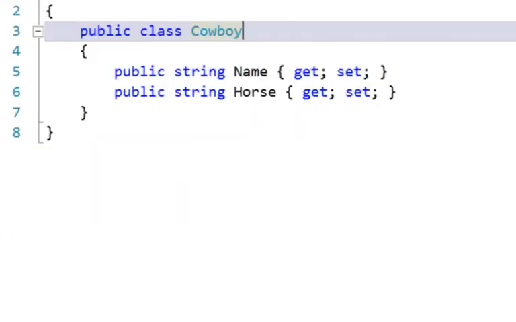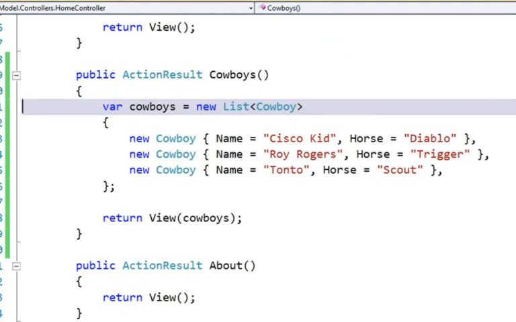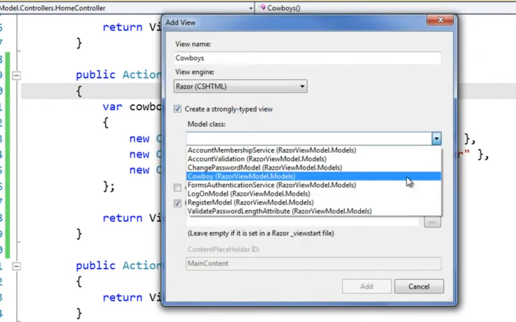So to see an example of this, I've created a very simple class called Cowboy that has two properties, name and horse. And then in my home controller, I've created a new action result for cowboys. And I'm just returning a simple list that's hard-coded here. So when I add a strongly typed view